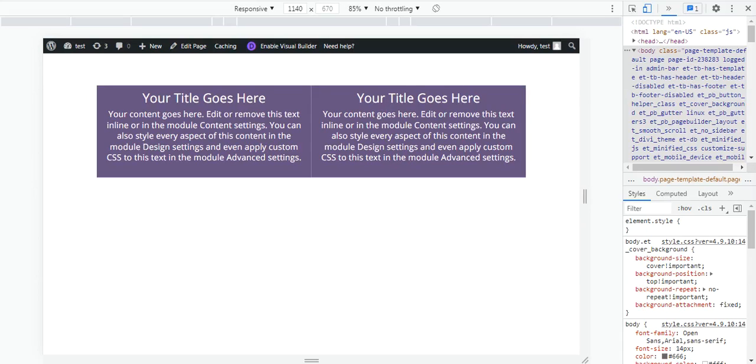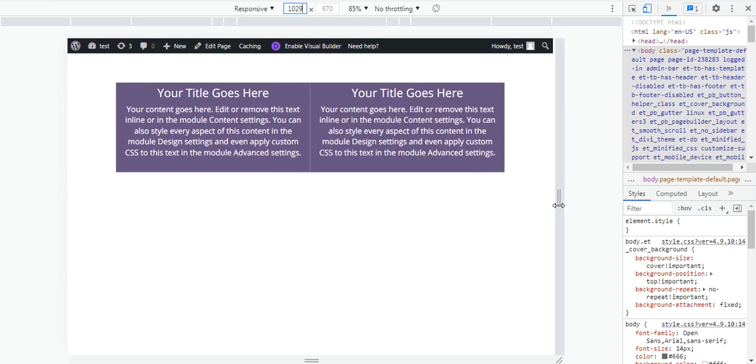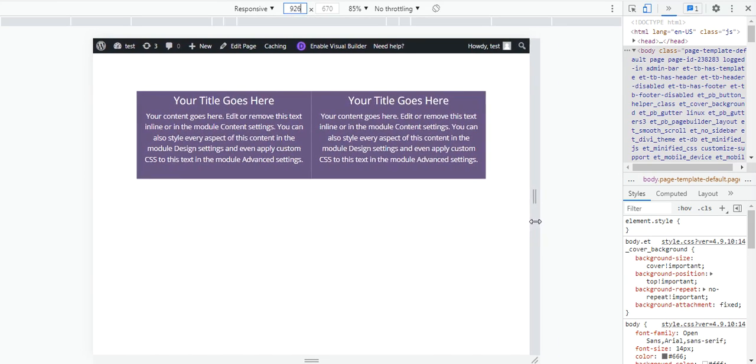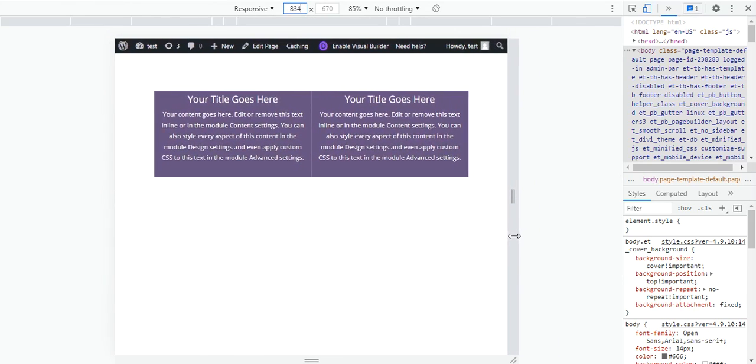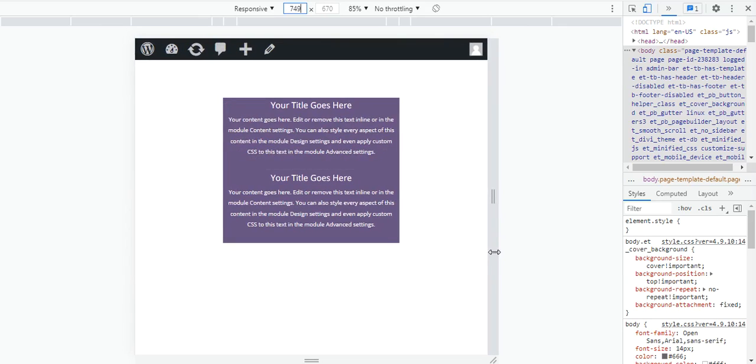Here in this video we are going to see how to make a responsive section. So what do I mean by that? Not just a responsive section, we are going to see how to make the text responsive. Now if you see, this is the full screen, and if I get into the tablet version, the font size is getting smaller and smaller on each track.